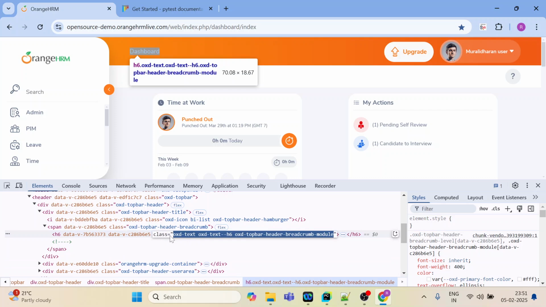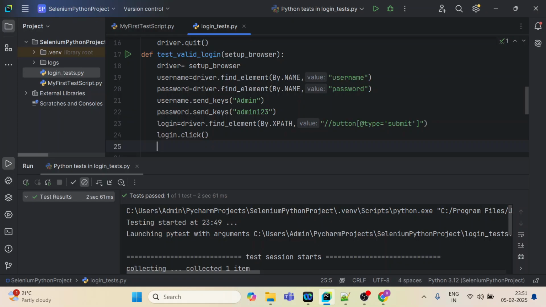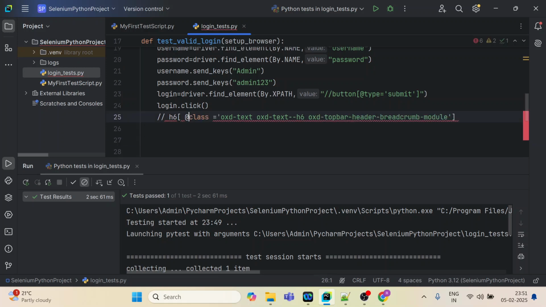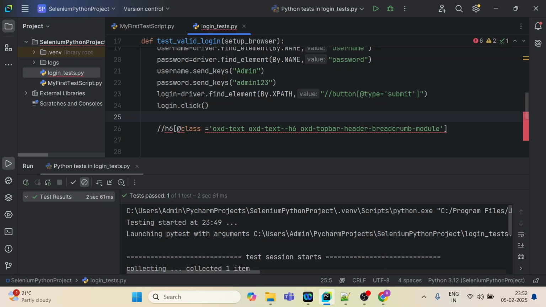So this might be the XPath also, h6 with a class equal to this. That has been copied with the help of Selector Hub, so I can paste that here for the time being. Yeah, something like this. So this is the XPath. Now what I have to do, before entering the path, is validate the visibility of this particular dashboard. I can just store that in the dashboard variable,